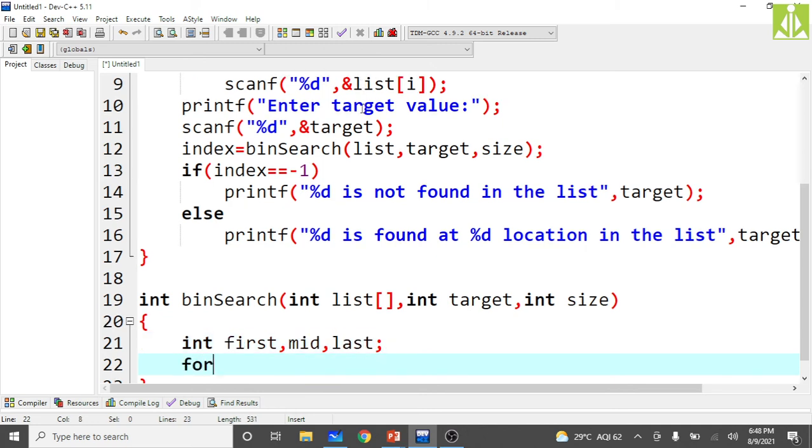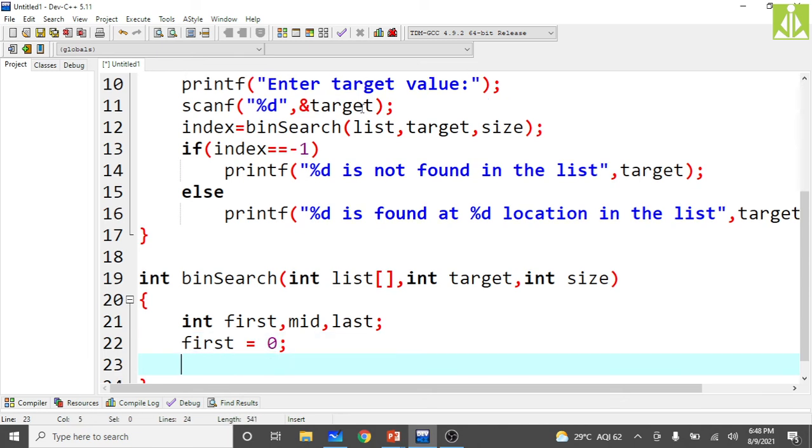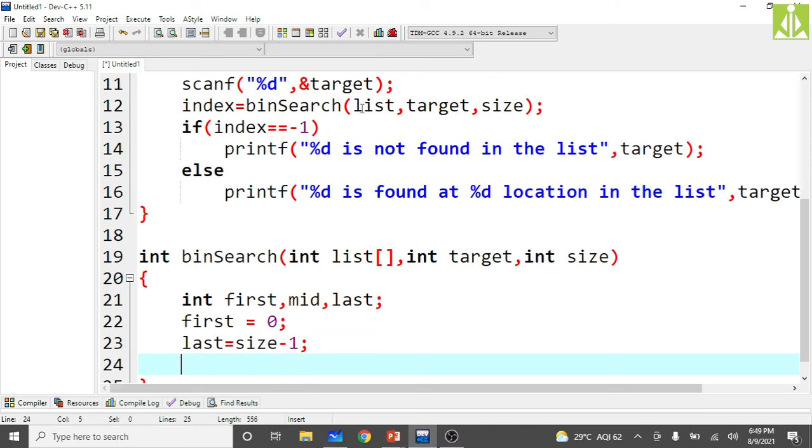Initialize first to 0, always 0, then last must be equal to the last index value. How do you get the last index value? Size minus 1, total number of elements minus 1.